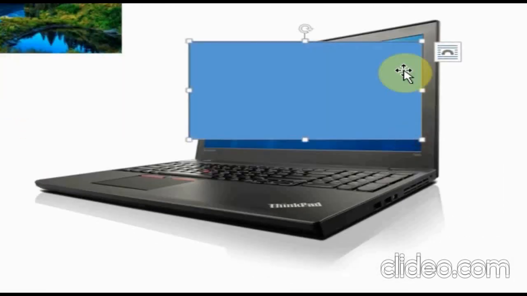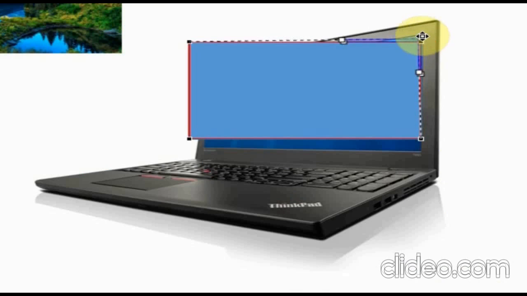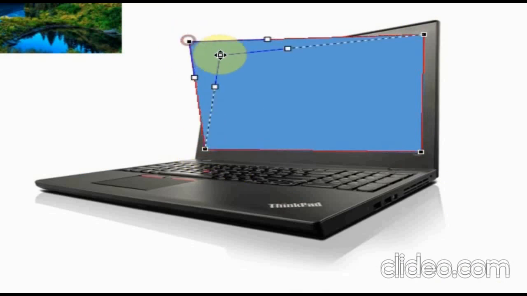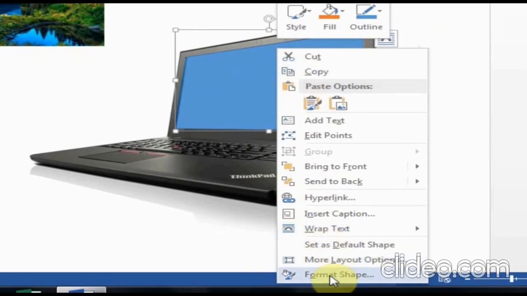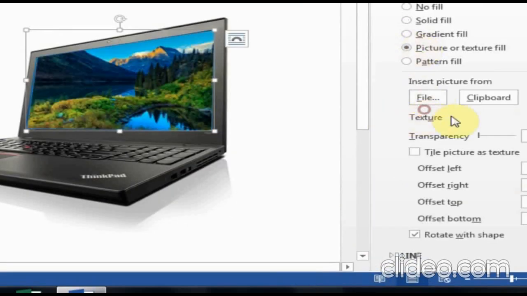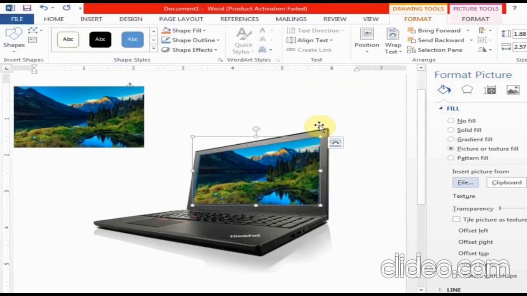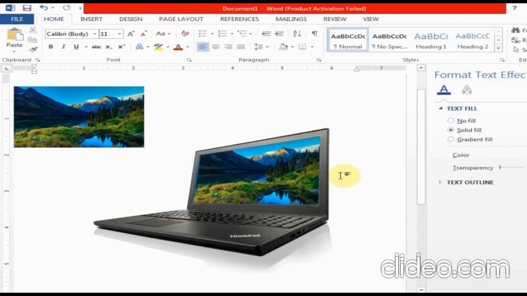Now drag the rectangle and right click here and select Edit Points. Now adjust this rectangle according to the laptop screen. After adjusting, just right click here and go to Format Shape. Here is the option Picture, and select the file where you saved it and click Insert. Now you can see the image has been adjusted according to the